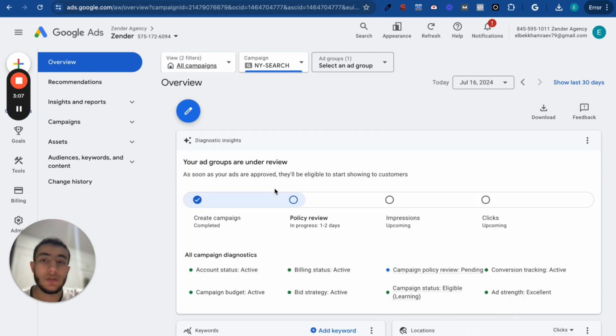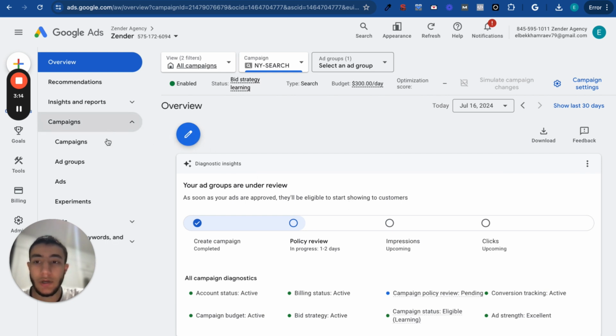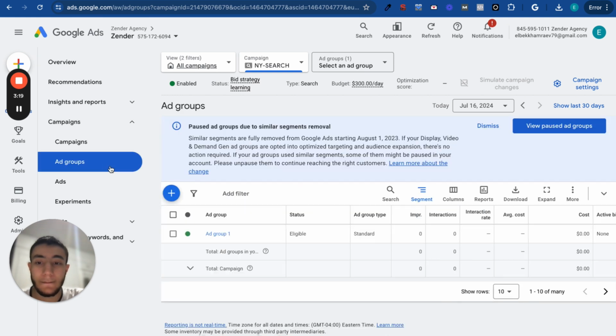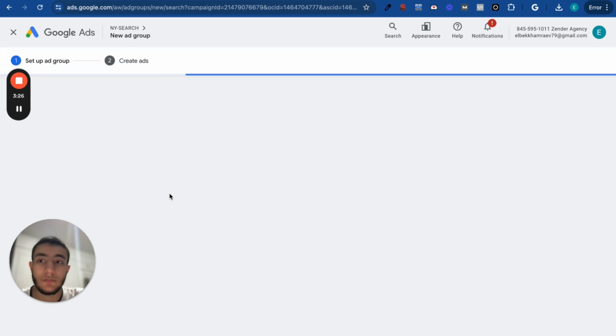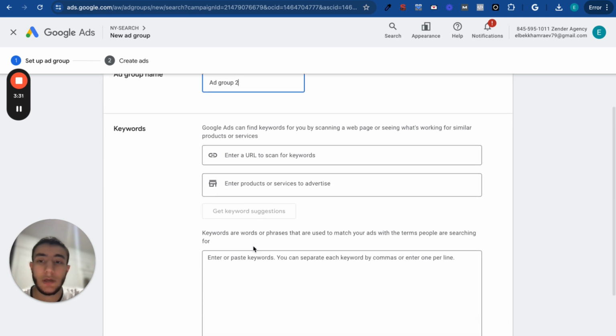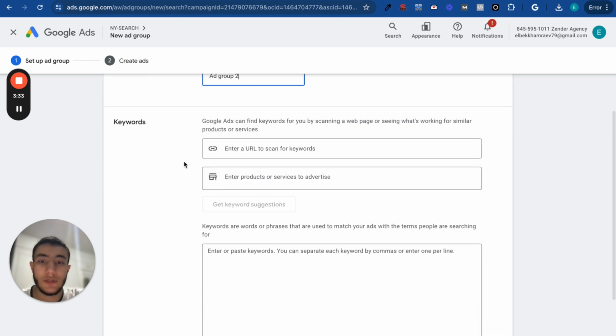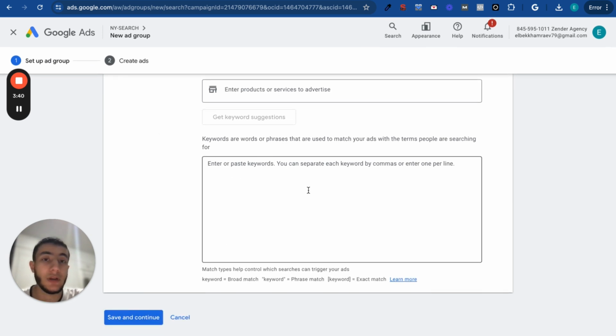It's going to bring you to this page. So what you want to do, if you have any other services, is go here to campaigns, and go to the ad groups here. You can add ad groups inside of here. Just add an ad group here, and it's a similar process to what we did now. Just name the ad group, put in keywords like specific services, and then